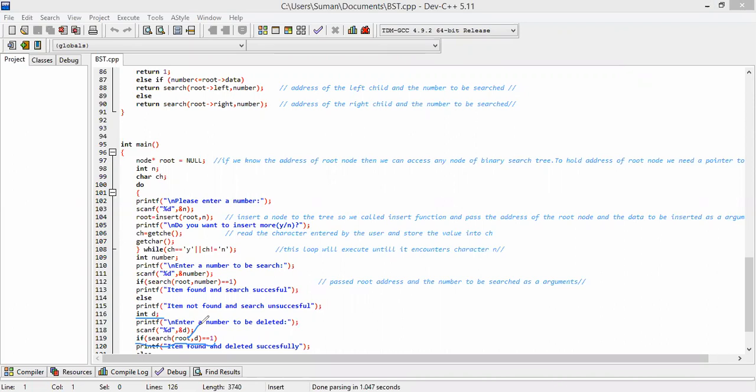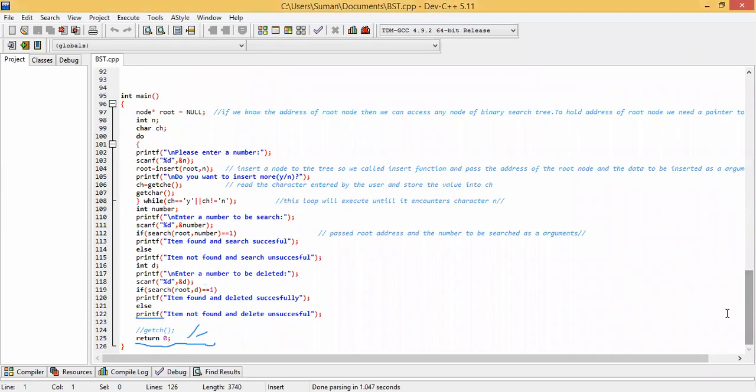That's why we are using the search condition here. As parameters we send the address of the root and the number which we want to delete. If it equals 1, then we print that the item is found and deleted successfully. Else, printf item not found and delete unsuccessful.